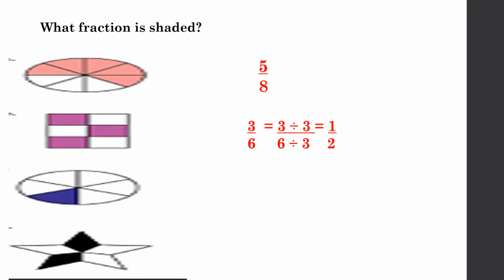So that is 3/6. But 3 and 6 come in the table of 3. So you can reduce it by dividing both the numerator and the denominator by 3. So you will get half, because 3 ones are 3 and 3 twos are 6. The fraction formed here is half. Now see the next one, children. Here the colored part is 1 and total parts are 6. So the fraction formed here will be 1/6 and you cannot reduce it into the lowest term. So it will remain as it is.